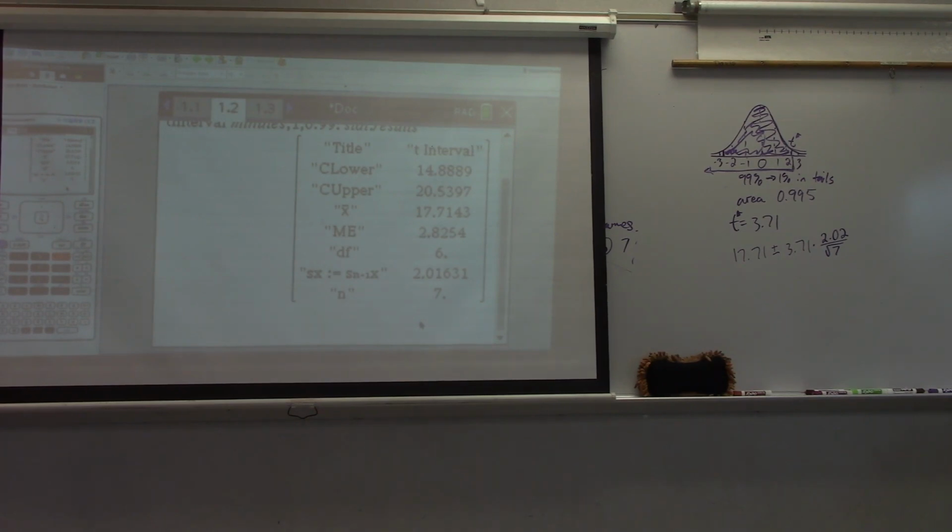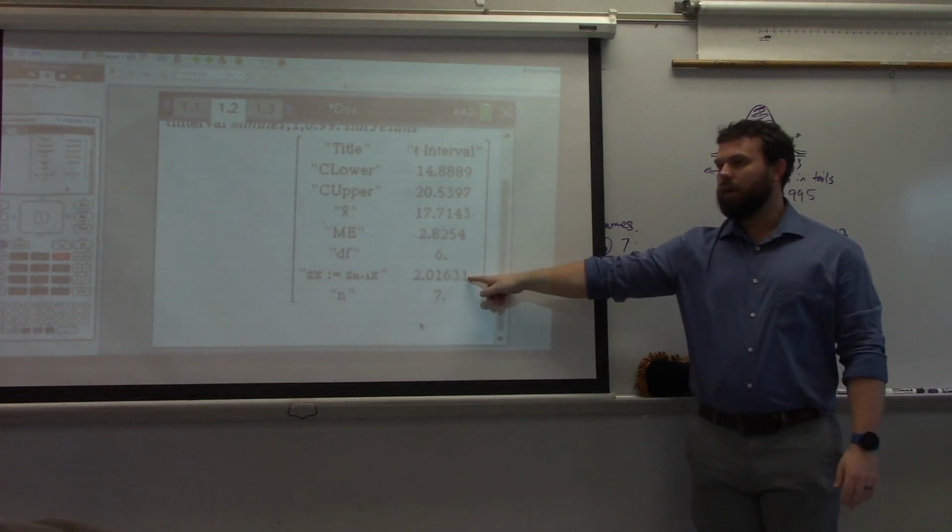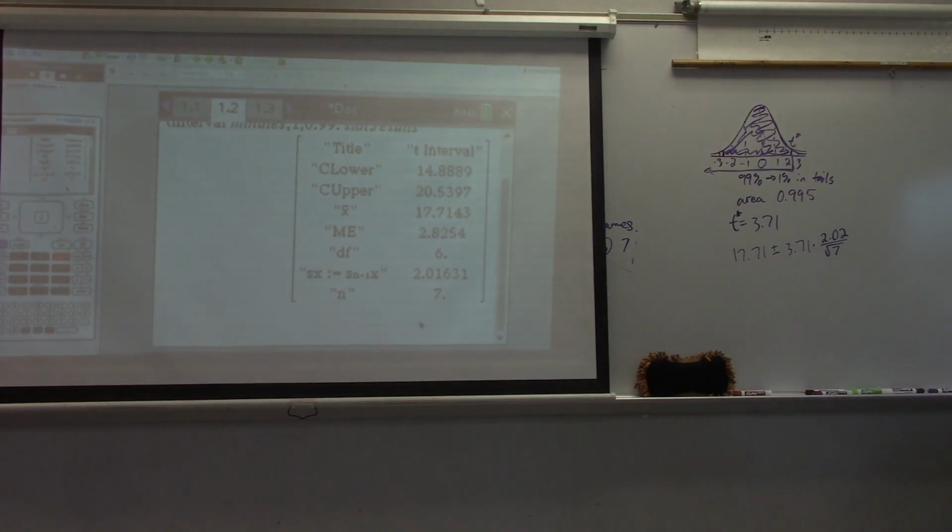Mr. Green, how'd you find the standard deviation on the calculator? You mean under the, when? The margin of error. No, the standard deviation was right here, Sx. Yep. So, Bryson, remember, and we'll talk more about it later, but the T distributions